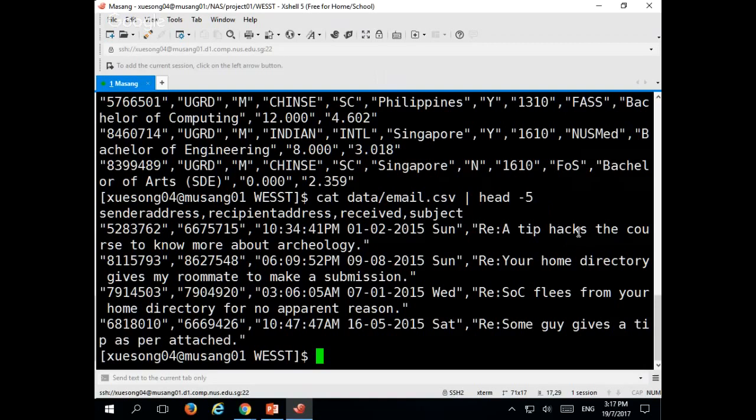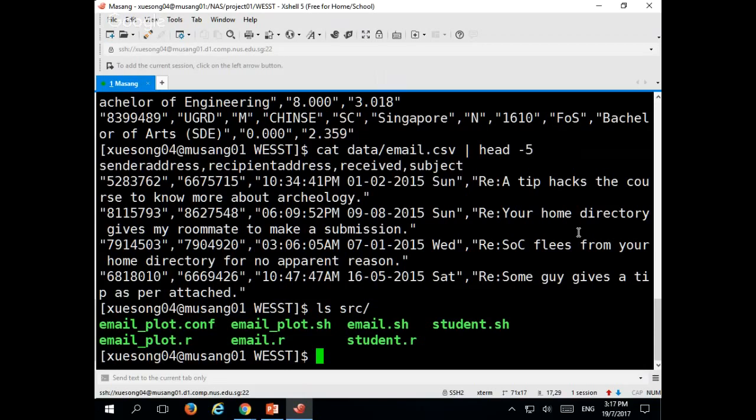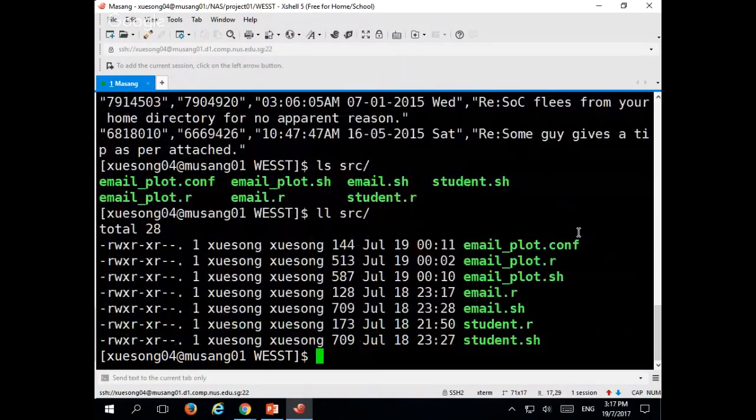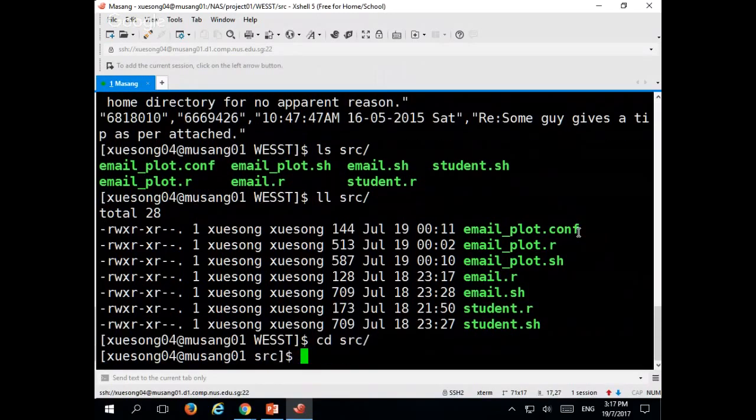So now we try to do something on the data. First let's check what is inside the source file. We have these 6 files. 3 of them are R scripts, 3 of them are batch scripts, and 1 of them is the configuration for running the programs in parallel. We can first check this student